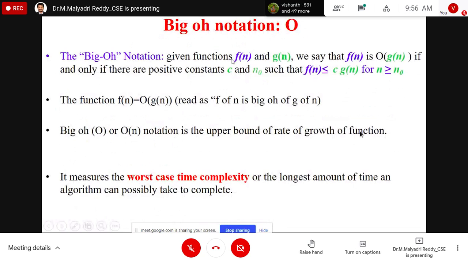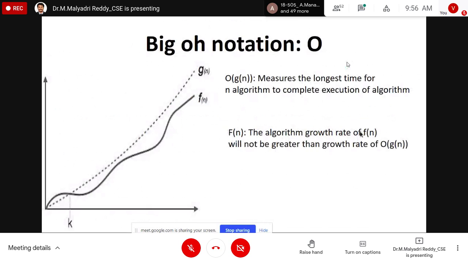Here f of n and g of n are two functions. F of n is of the order of g of n, and we represent it like this. This is the big O notation. Here the benchmark is g of n, and f of n is the moving function. The f of n value will almost exist within g of n, that means g of n is the utmost position. That is why f of n shows the upper boundary of the algorithm.